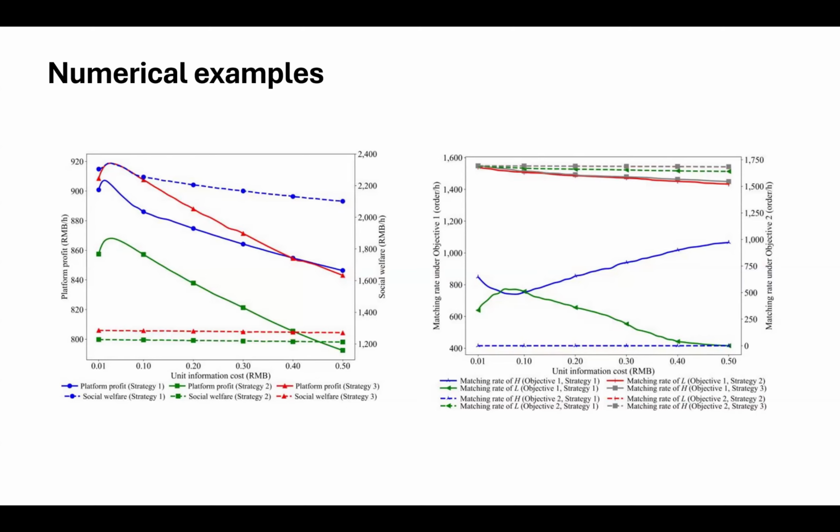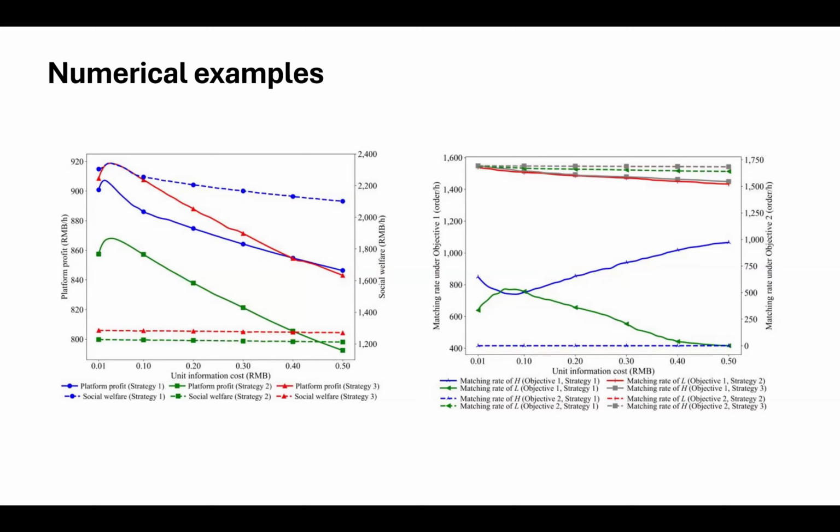In contrast, under the social welfare maximization objective, social welfare consistently declines as information cost increases across all strategies. This is because high information cost reduces passengers' ability to distinguish between survey quality, which hampers efficient passenger-driver matching, lowering the overall resource allocation efficiency of the system. Now turning to the figure on the right, we examine the matching rate under the social welfare